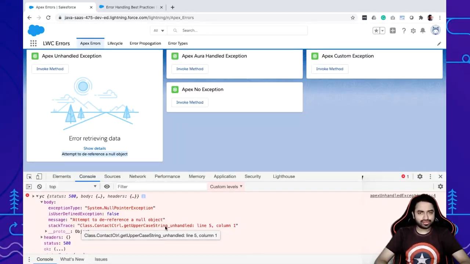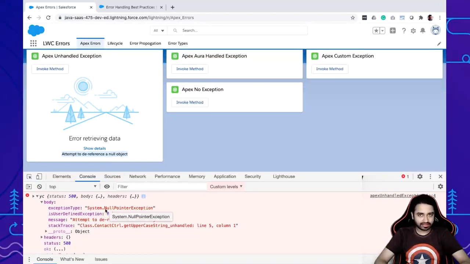In most of the cases, you should be able to handle this error, but as a best practice, you're not supposed to really let Apex fail this way. You're supposed to catch those exceptions and throw your own exceptions to the client, primarily because of abstraction. So I'm going to show you what abstraction really means. So look at all of these bunch of details that have come into the client.